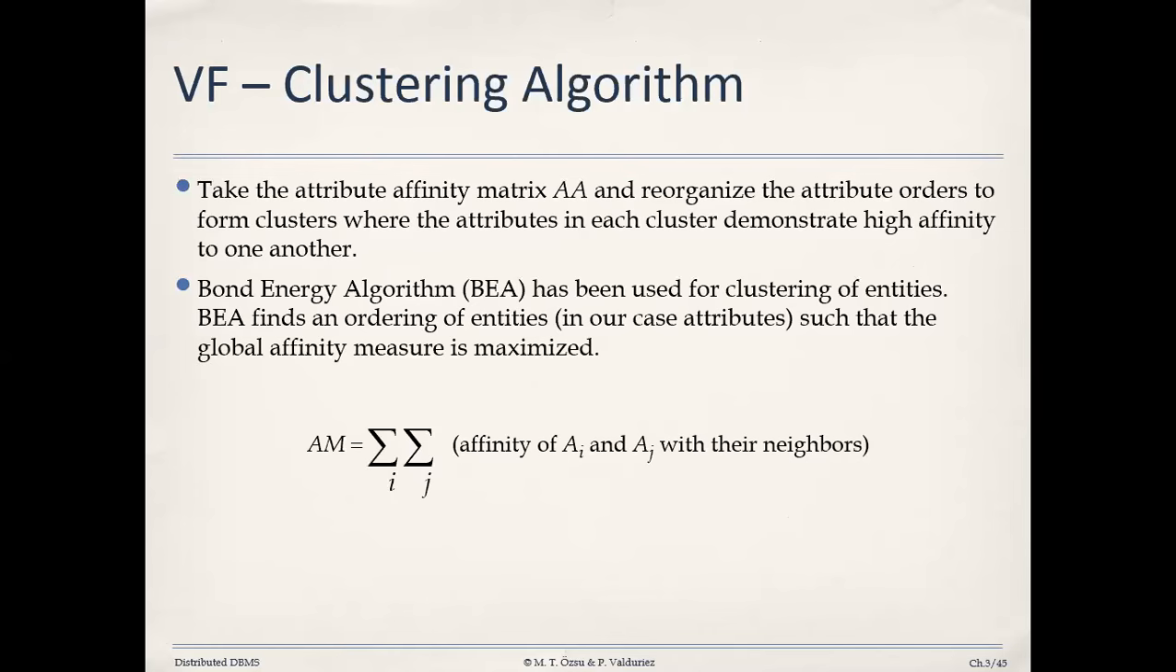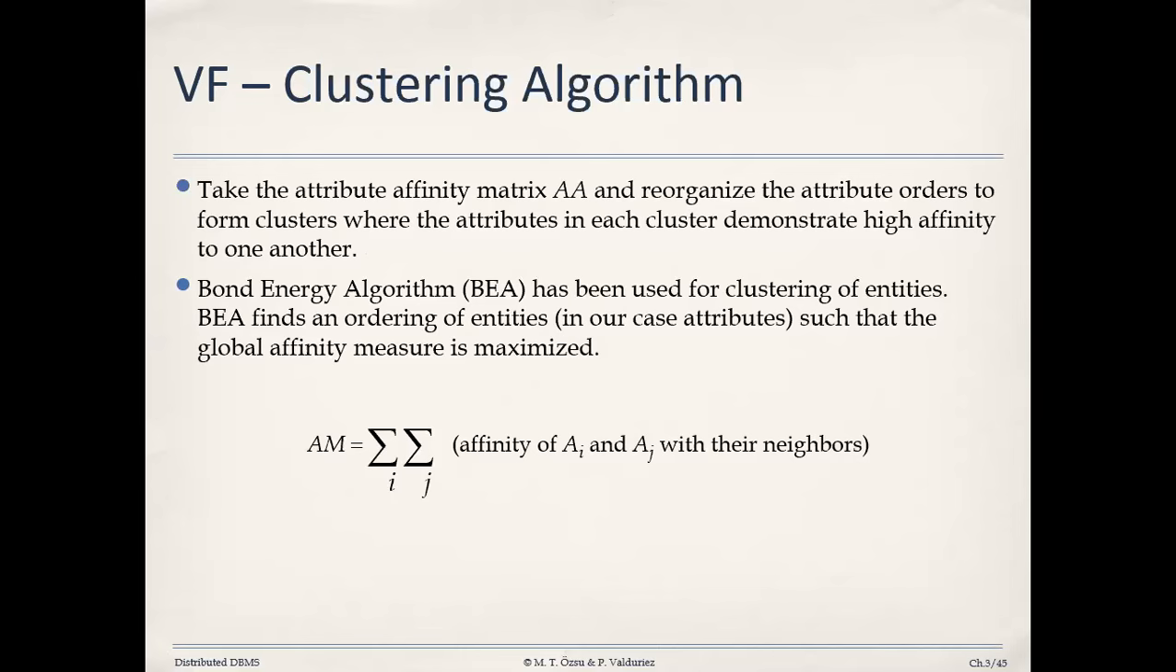That clustering algorithm will help us to identify which attributes will come together to form the fragment. Take the attribute affinity matrix which we have developed in the previous slide, that is the AA matrix, and recognize the attribute orders to form clusters, where the attributes in each cluster demonstrate high affinity to one another. Now the input is the affinity matrix, and we'll try to form the clusters. We will see which attributes are coming together. So therefore we need